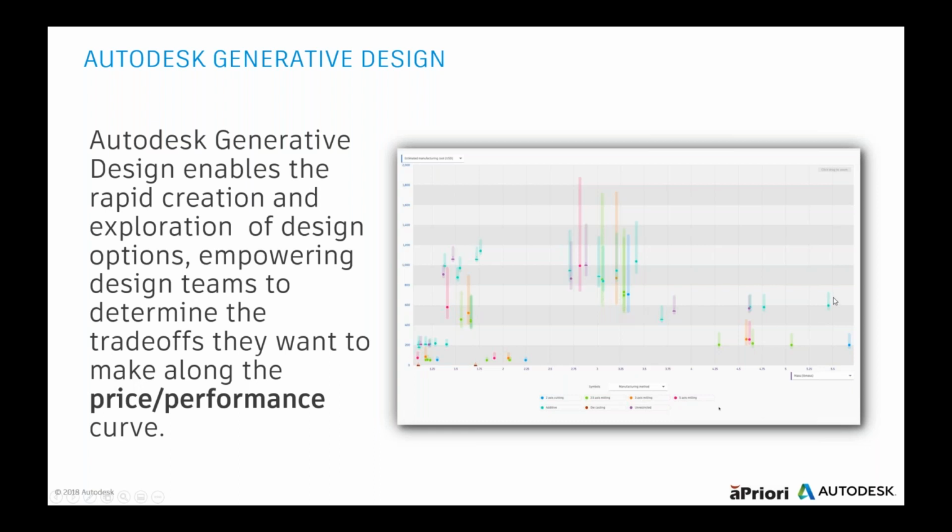We have our plot here, and what we can see is that some of these have a pretty wide range on what it's going to cost, or, I guess the right word would be, estimated cost to manufacture. And some of them are maybe lower cost, but the mass is higher. So this is, again, one of the types of outputs, and it's up to you to investigate these different outcomes,